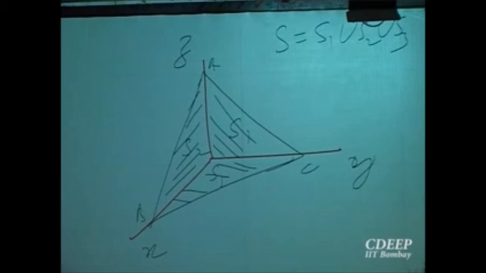So this is part of the XZ plane. Two normals are possible, one in the direction of the positive x-axis, the other in the direction of the negative x-axis. So choose whichever you like. Let us choose the negative one, which is going behind. Okay, so it will be going like this.